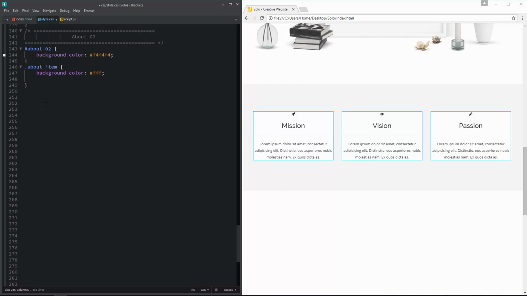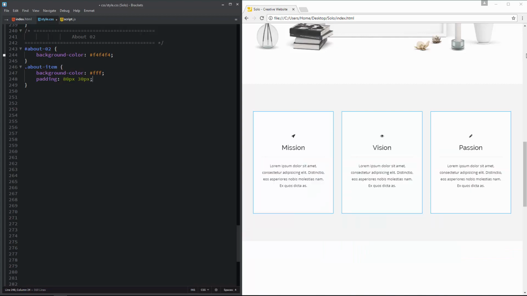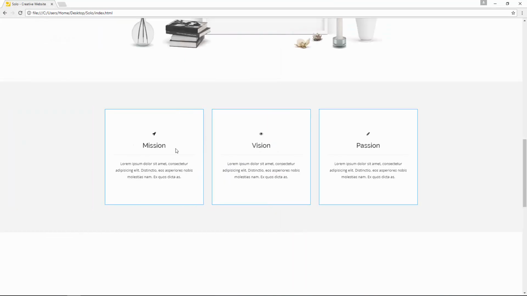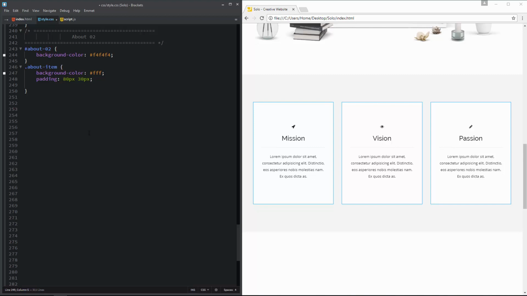I'm going to use padding for internal spacing, and the padding values are top and bottom with 80 pixels and left and right with 30 pixels. And it just created nice internal spacing for these boxes. Perfect.